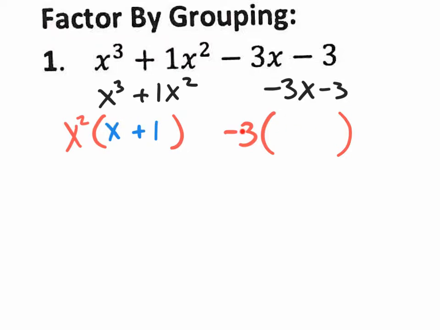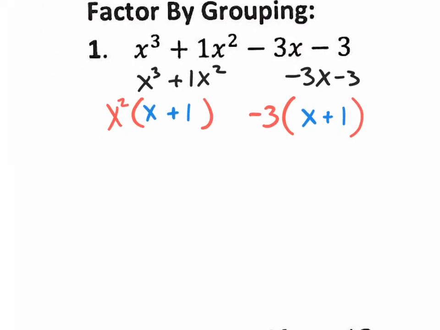Okay, so let's see, negative 3 times what gets you a negative 3x? That would simply be a regular x. And then negative 3 times what would get you a negative 3? That would simply be a plus 1. So that is step 2. After separating, creating two groups, you pull out what you can from the first group, pull out what you can from the second group. And now step 3 is to take a step back and factor out that common binomial